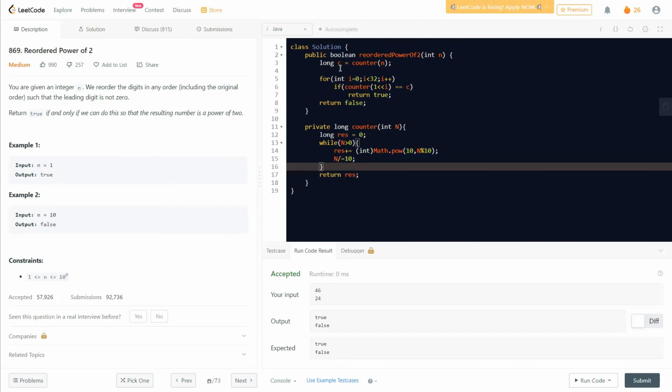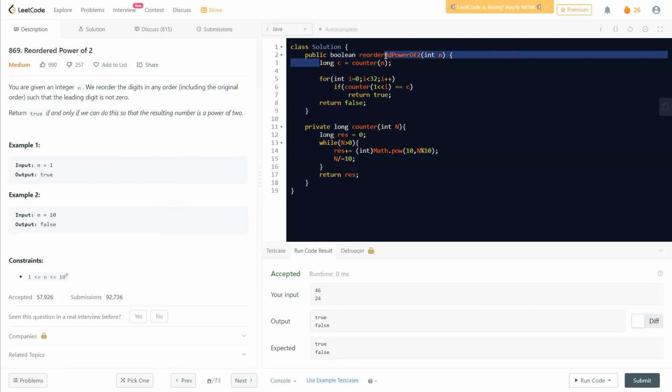Now, what we're left with is, in our main function, we got the exact long counter, the counted value. What is the counted value? Then we just went ahead from 0 till 31, because we'll check 0 to 31, which stays below 10 to the 9. Fine. So we're checking for 0 to 31, and in that, we find a counter, a count